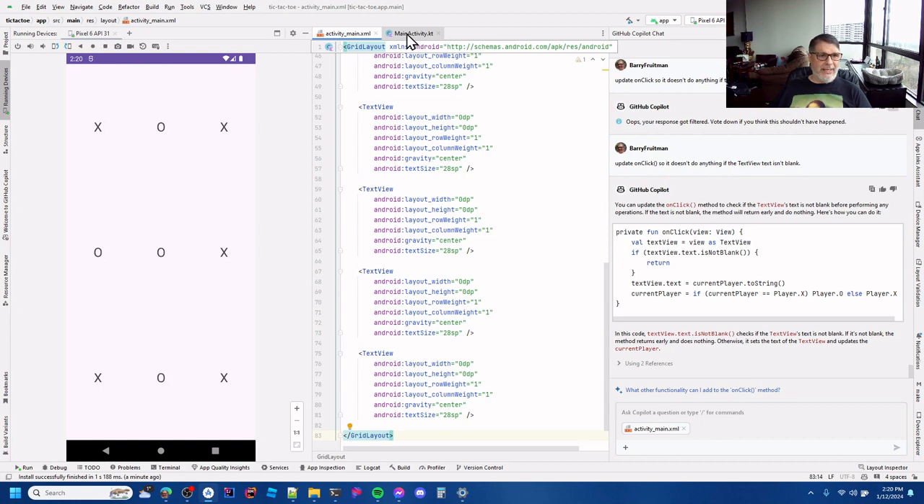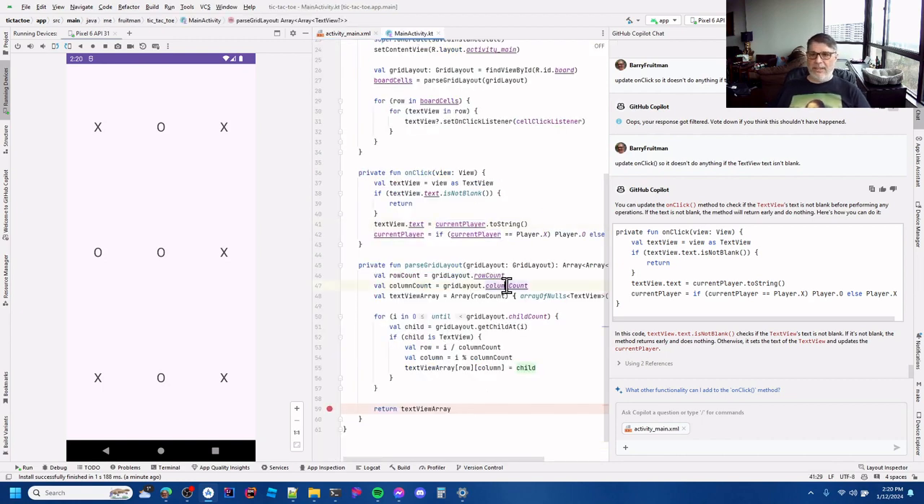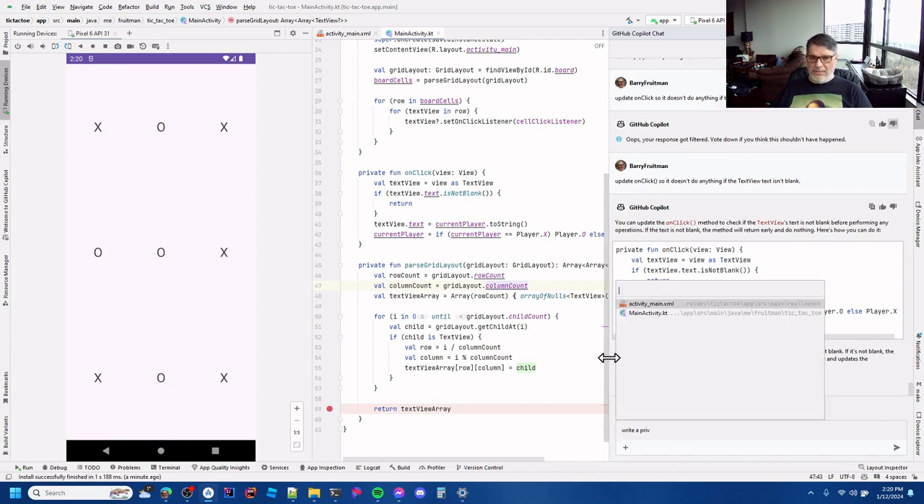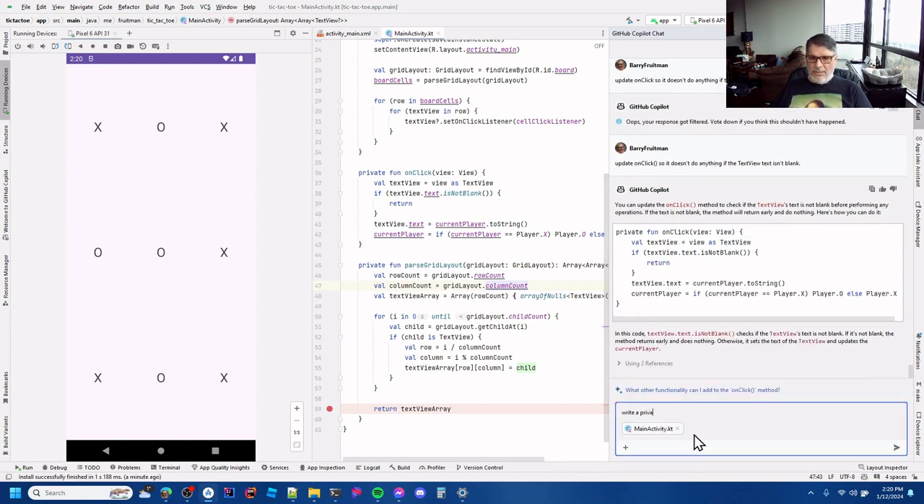I'm going to leave it at 28. 28 is pretty good. It probably should be bigger, but that's fine for now. So let's add a new method. Let me give it some context. Write a private method called check rows for winner